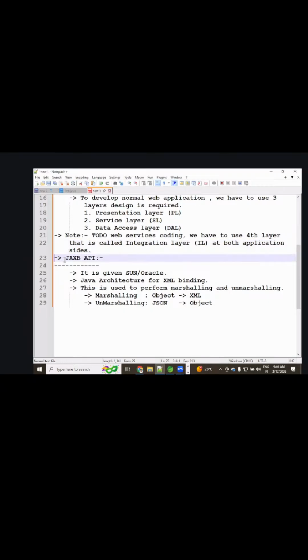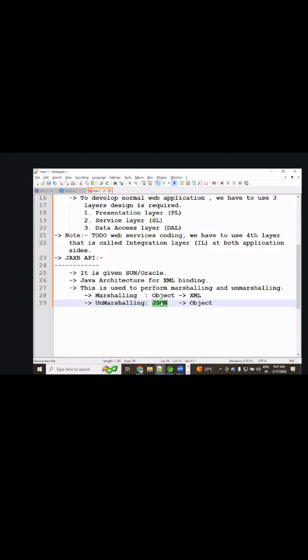We discussed JAXB, which is for XML related work, given by Sun or Oracle. It is Java Architecture for XML Binding, where our Java communicates with XML. It is used for the marshalling operation, that is, converting our Java object to XML.